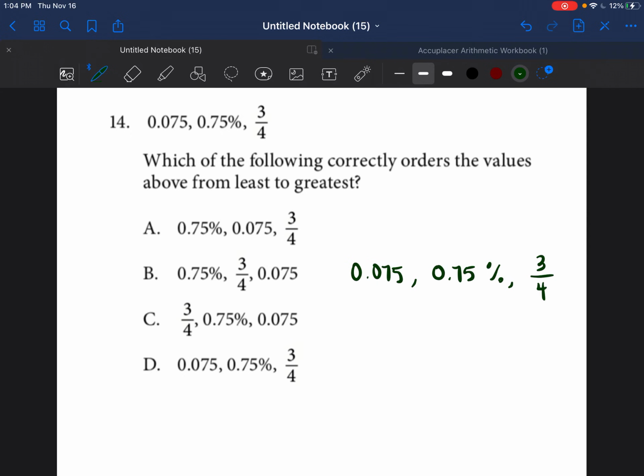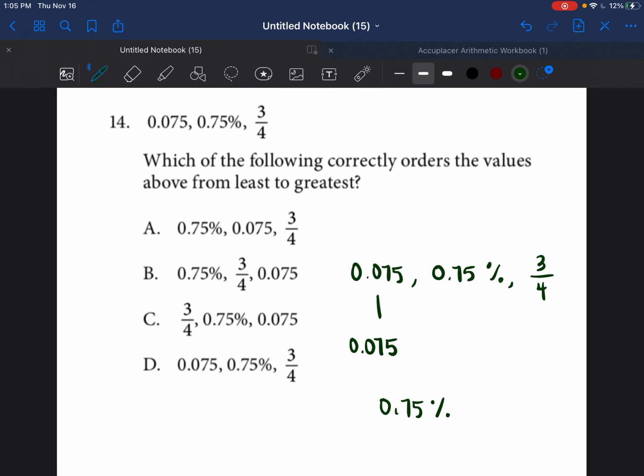So because we know how to change each one of these into a decimal, let's go ahead and change each one of these into a decimal. We also can change it in another way, but let's just start with putting them in decimals, and then I'll show you a second way that we can solve this problem. Okay, so 0.075 is already a decimal point. Then if we want to change